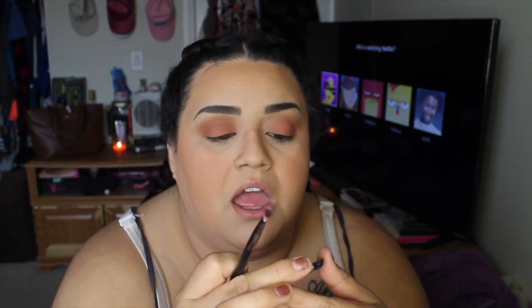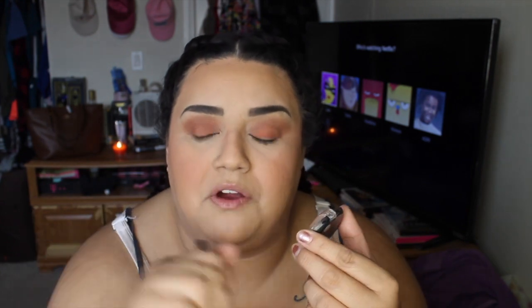Okay, now what I'm going to use is this really messed up e.l.f. highlighter. Okay, so when I bought this highlighter, it didn't do anything for me. It had no pigment whatsoever. You scrape the top layer off and it's like the most pigmented, best